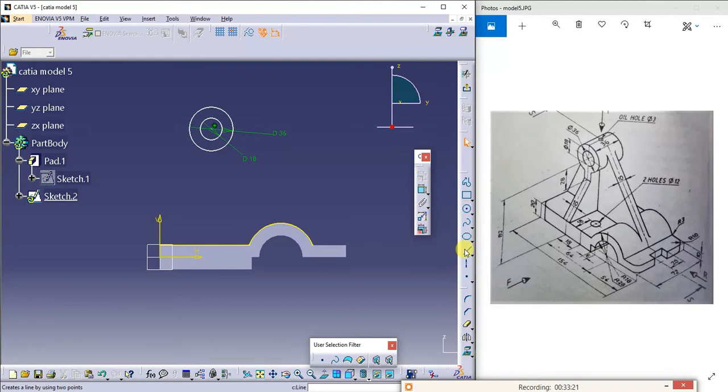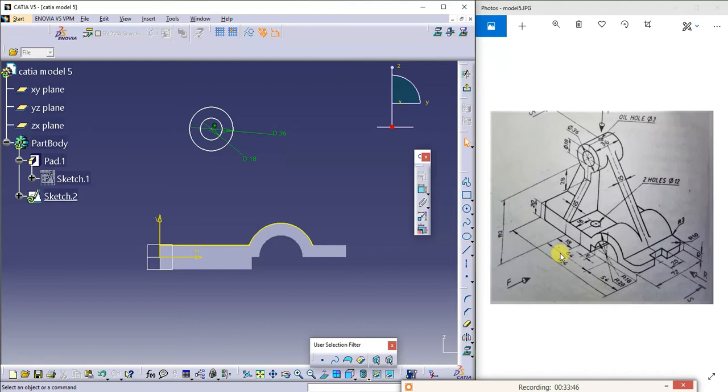Next, I'll go for the line command. Before this, I'll give this dimension, nothing but the center of this from this edge. The distance of that is 154 minus 64 minus 54. That will give the distance of this center from this edge.